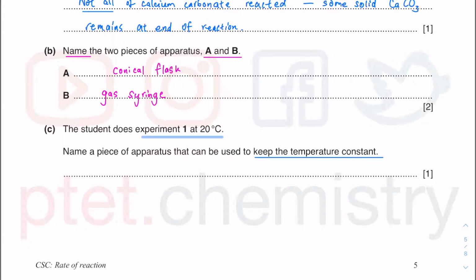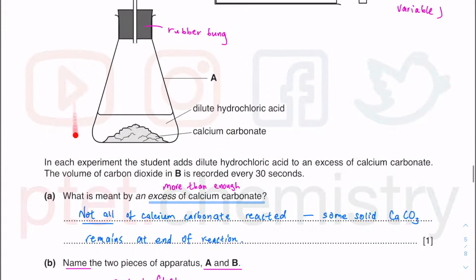So what you can use is a thermostatic water bath. So this is a physics term. Thermostat is an apparatus. It's actually a specialized piece of electrical equipment. You can change the setting in such a way that you can control the temperature, and it will keep the temperature constant. Thermostatic water bath. So water bath means you are not heating directly with a Bunsen burner. Instead, you are putting this in a